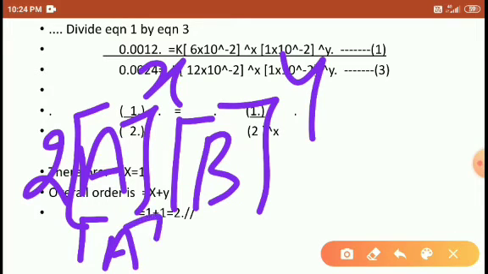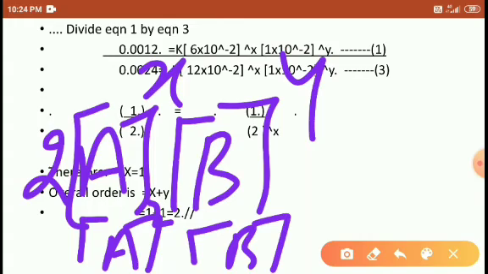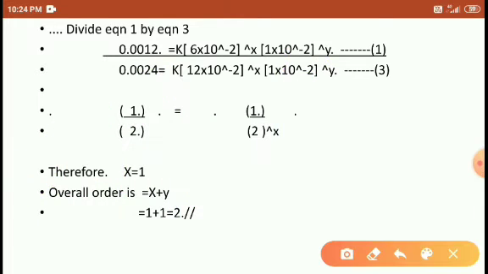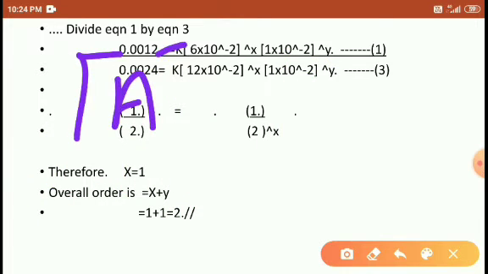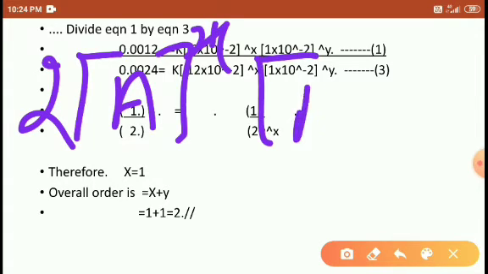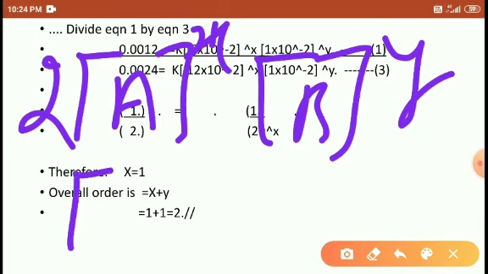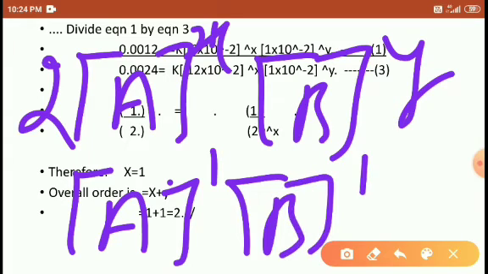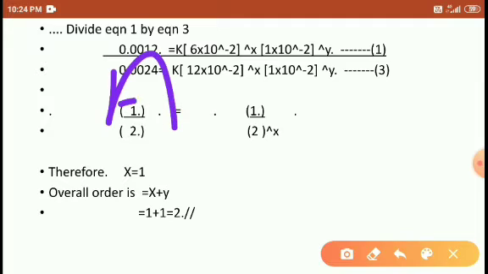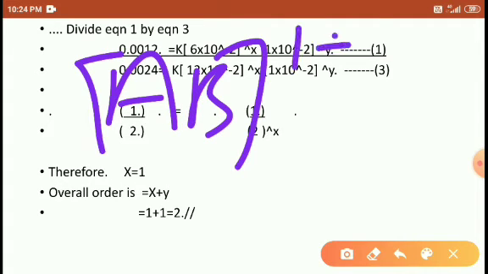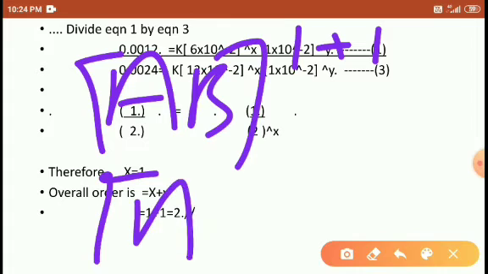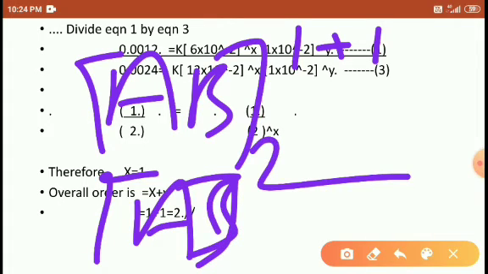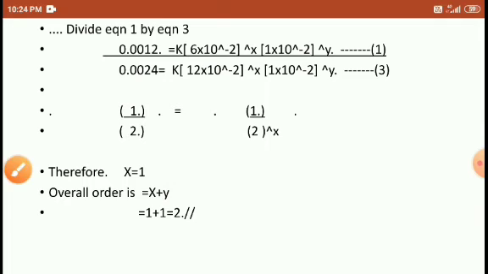Then the concentration of A is 2 and the concentration of B is, sorry students, whatever the concentration is given here, the power is x for A and y for B. So the concentration of A is again 1 and the concentration of B is 1, both we combine here, so we get AB, 1 plus 1, that is 2, the second order of reaction, right students?